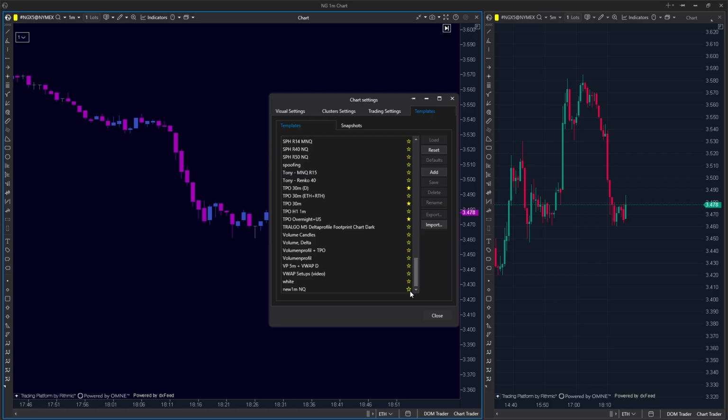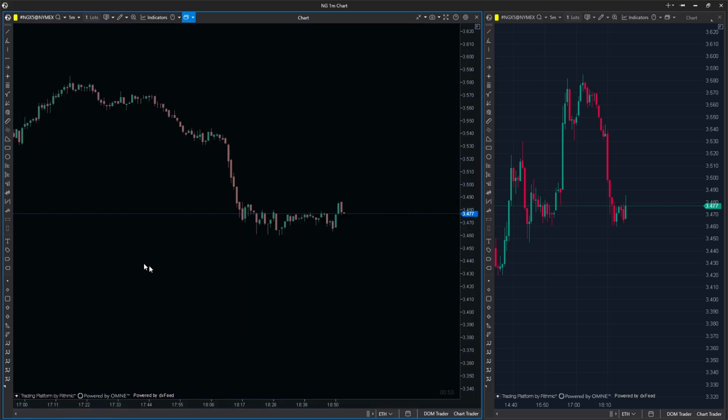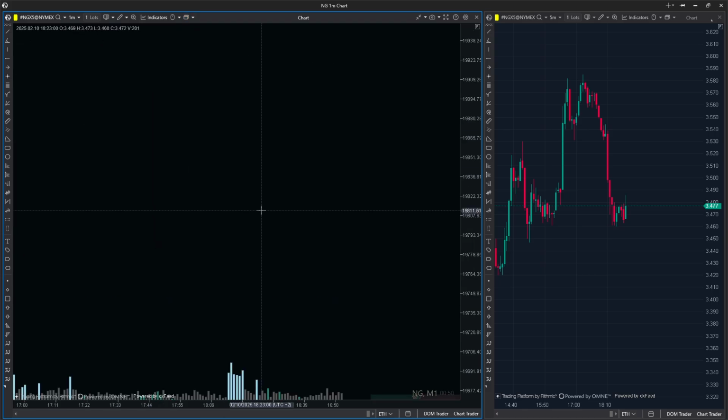I can star it again and favoritize, like so. And when I click close, it will be at the bottom of the templates list. You are not able to change the order of your favoritized templates. So I really did it one by one. I favoritized this one as the first one, this one as the second one, this one as the third one, fourth one, fifth one, and so on. So this is the latest favoritized template. It's a bit of effort, but you can create whatever you want. So when I click it, this is my 1 minute NASDAQ